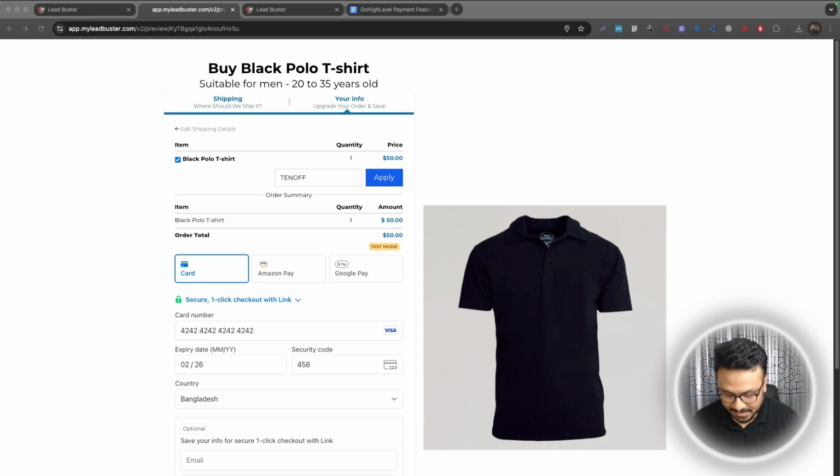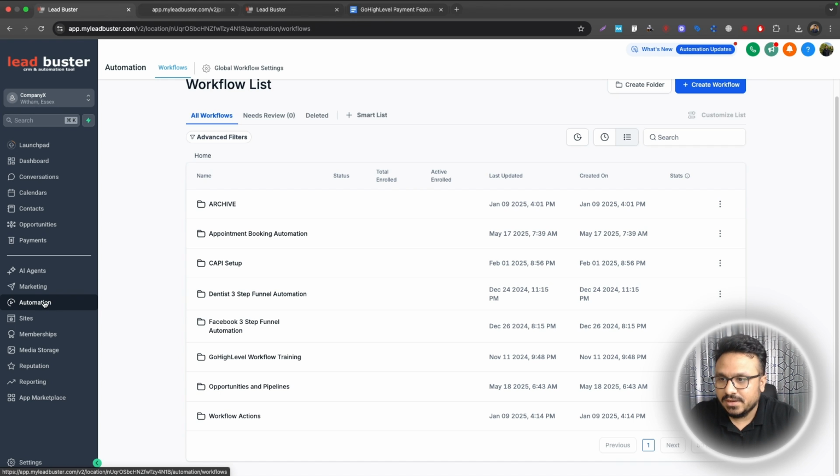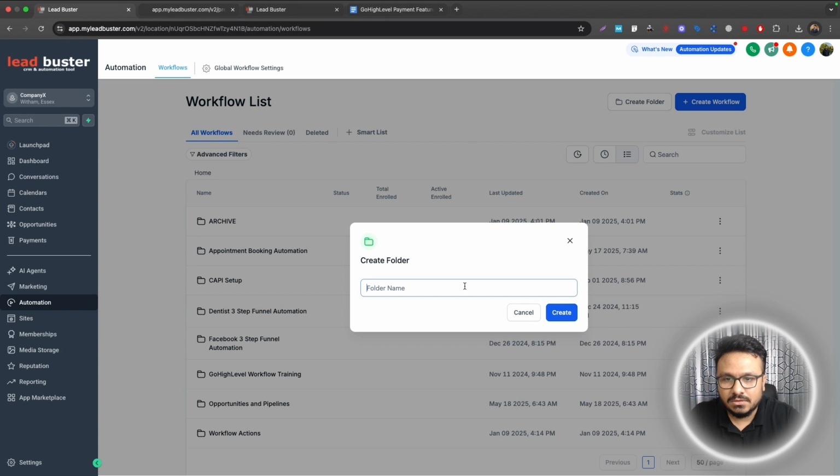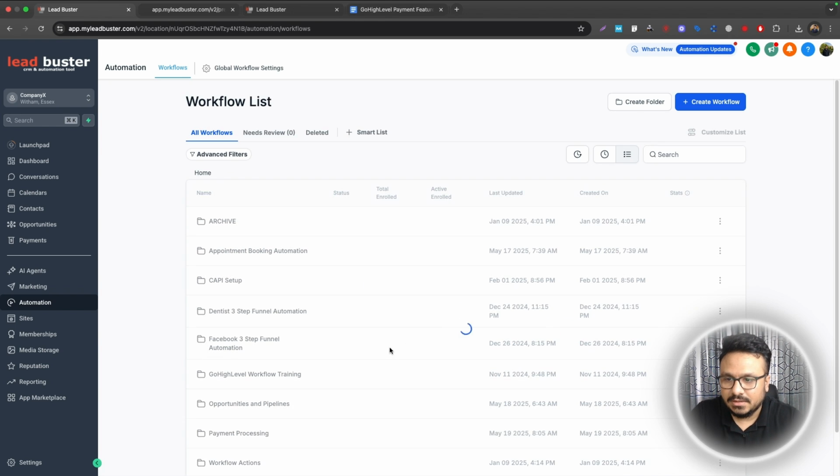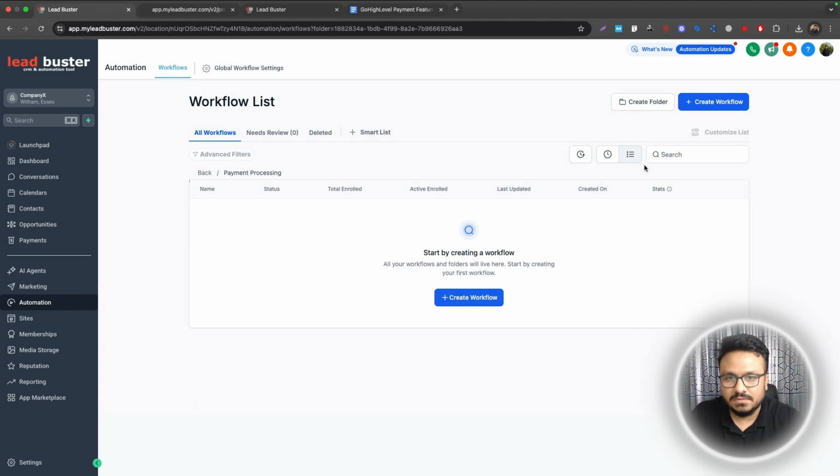Now, what if I said I wanted to take it to the next level and say whenever they purchase, I wanted to perform a few automations in the backend? That's really easy to do. I'll show you. So whenever they purchase, based on this event, we can perform a few automations. For that, we'll have to go to automations here, and then we will create a folder called payment processing. And here we will say create a workflow,